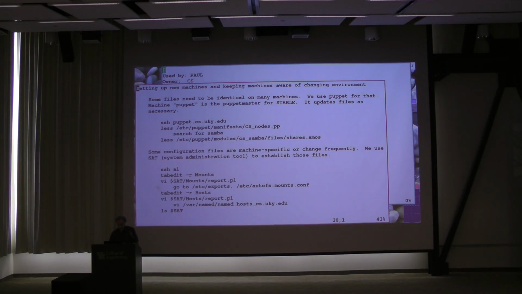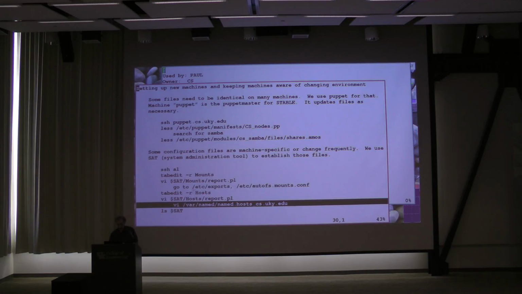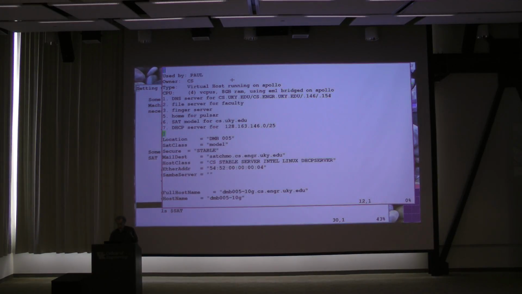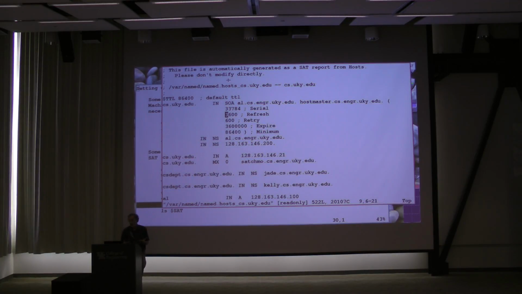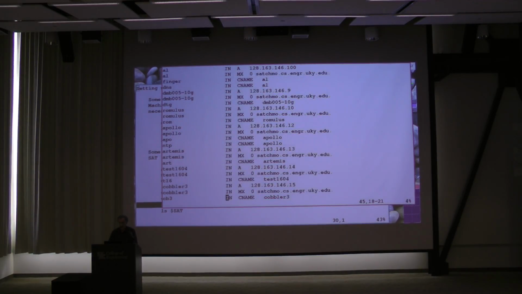All right, and one of the things that Al builds, being a DNS server, is the DNS tables, the domain name service tables. Let me show you what they look like. This was built recently, automatically, the last time that host relation was changed. And there's a bit of boilerplate at the top, but then for every machine, it tells how to find it. So our machine Apollo,